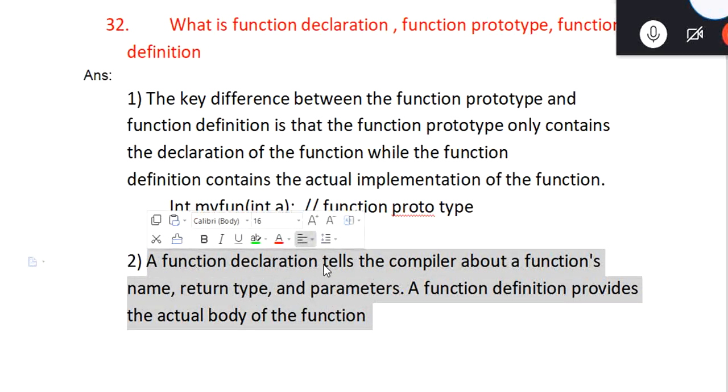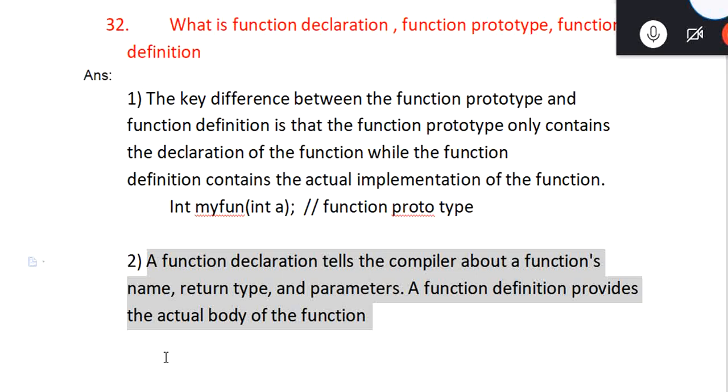A function declaration tells the compiler about the function name, return type, and parameters. A function definition provides the actual body. So now we have two things: function declaration and function definition. Here also we had function definition. So the new terms coming are function declaration and function definition. So can anyone, now Anu, you can say what you were saying. Don't compare. I don't want comparison. I don't want you to read from any book and tell. But what is this statement saying?